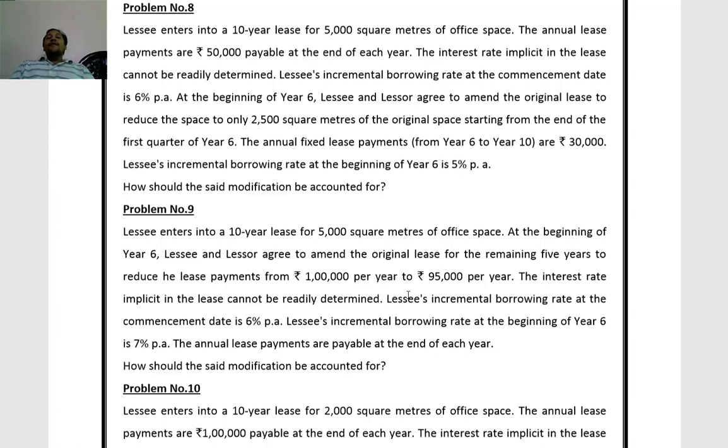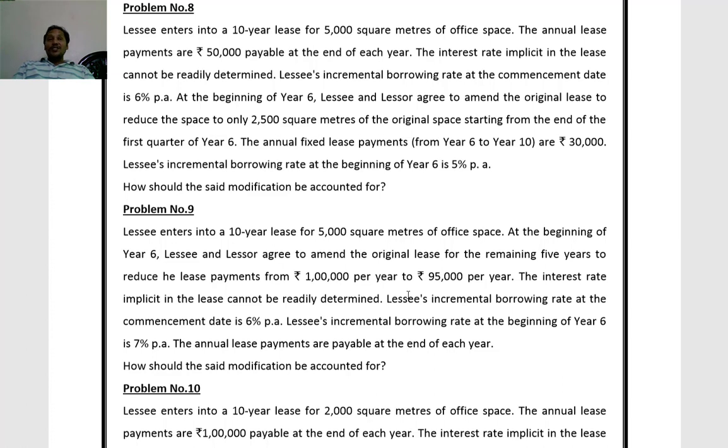So, first step, we have to arrive at the initial lease liability. Initial value of lease liability we have to find. Then, by the end of 5 years, what is the balance of lease liability? By preparing the schedule for lease liability, the balance of lease liability we have to find out. Then there is a modification. After arriving at the balance of lease liability and the balance of ROU asset, right of use of asset, there is a modification.